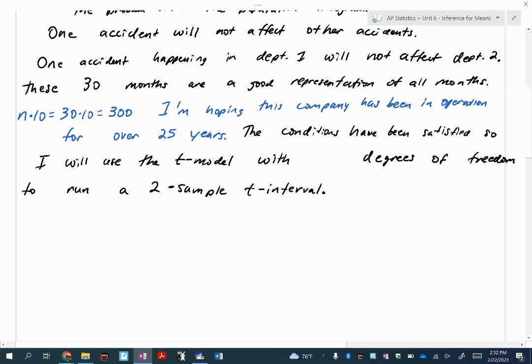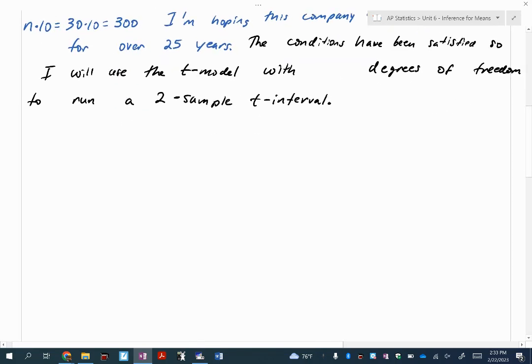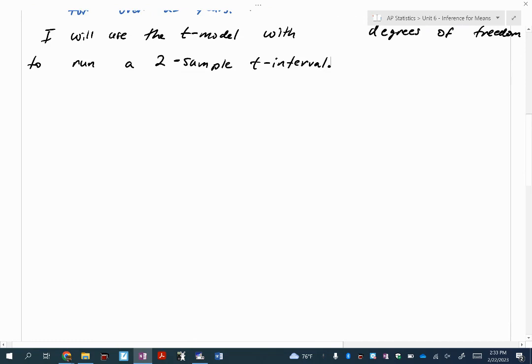Sorry, this is a dumb question, but how come we don't run the DF here? I could show you the formula to find it. No, because wouldn't it just be 30 minus 1? It's not. We have two samples of 30. That's why. If it was just a one sample T interval, we would know it would be 29, correct. But because I've got two of them, I don't want to just say what it is. I don't know what it is yet. Okay? Good question. It's not a dumb question. There are no dumb questions. If it's a one sample T interval or T test, you should know the degrees of freedom right away. N minus 1 every time.